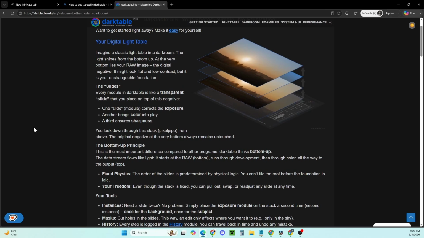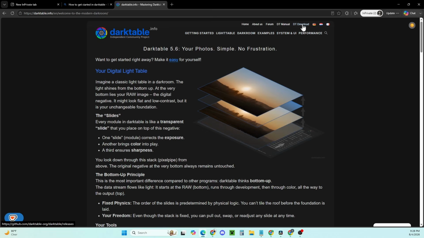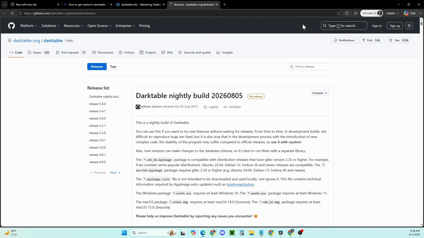There is another website called darktable.info that I accidentally landed on when I was starting this process. If you go to the download options here, it ends up taking you to a GitHub repository where you can download a nightly build of Darktable. That's not anything that you want as a beginner. Trust me. You want to make sure that you're at the